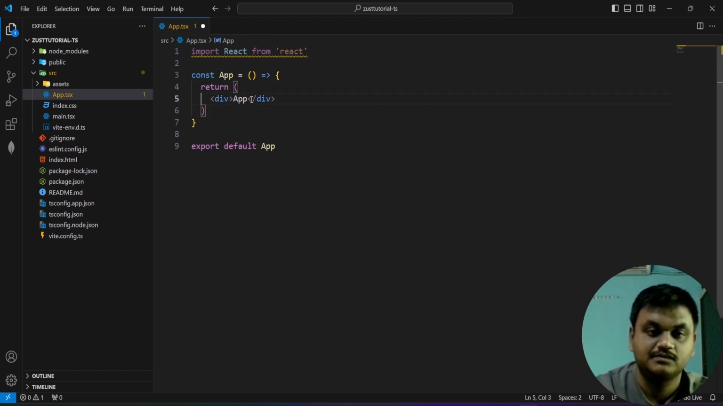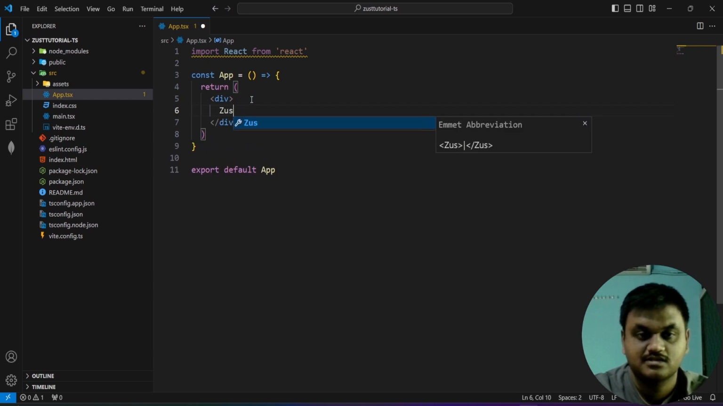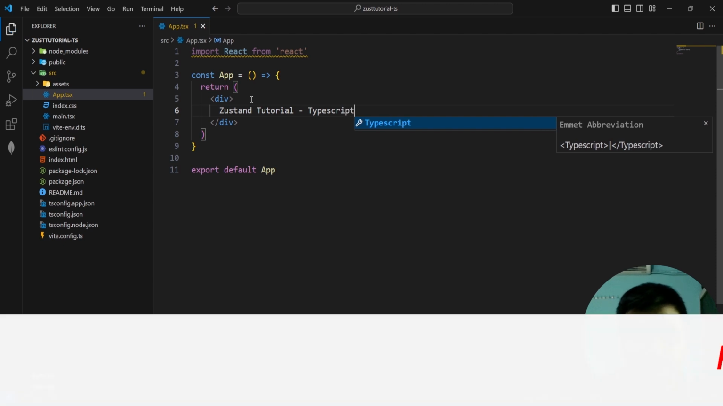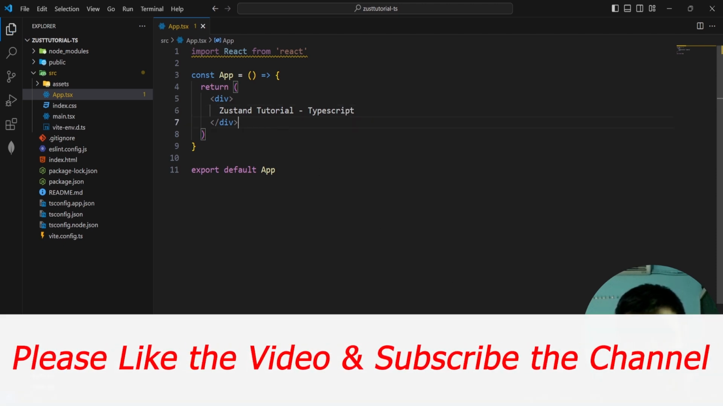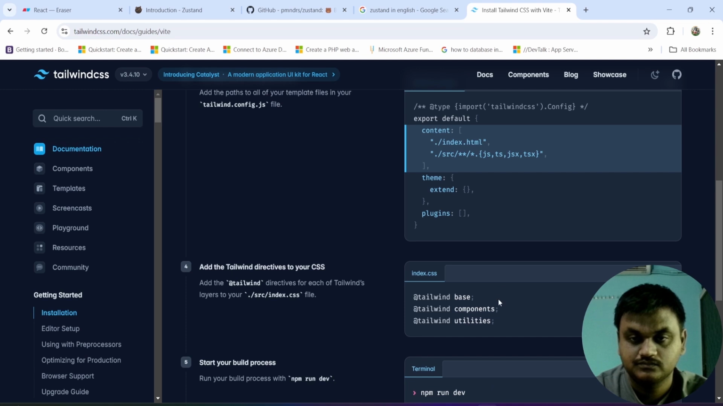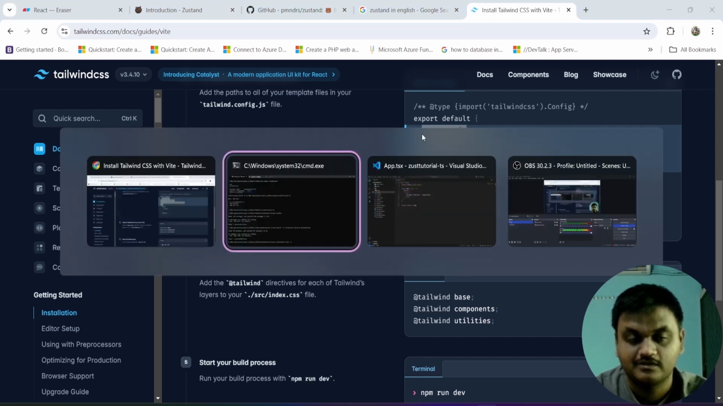I'm just going to write here: tutorial with the TypeScript. Okay, initiate this one and go to here, content, copy this one,